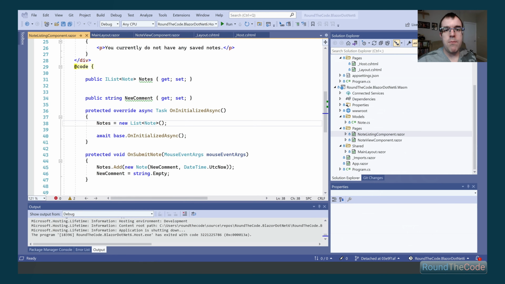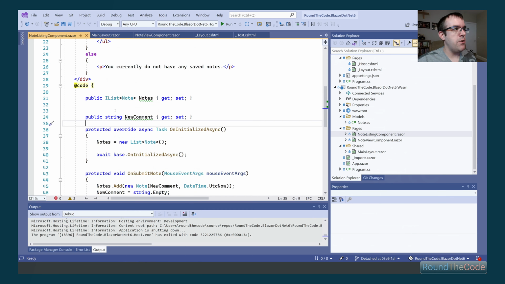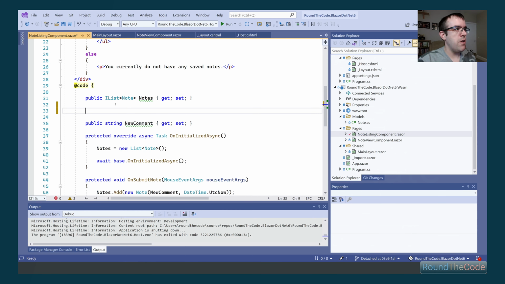So when you are using pre-rendering for Blazor WebAssembly, it will load up the application twice. Now this presents a problem when we're initializing a particular Razor component, particularly if we're making an API call. It means we have to make the API call twice, which is far from ideal. So I'm going to demonstrate that now with this application. What I'm going to do first is create a new property and I'm going to call it loading.